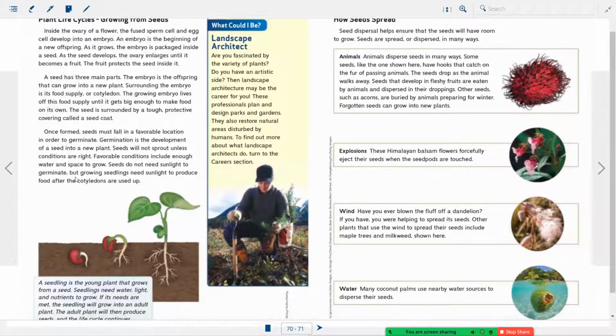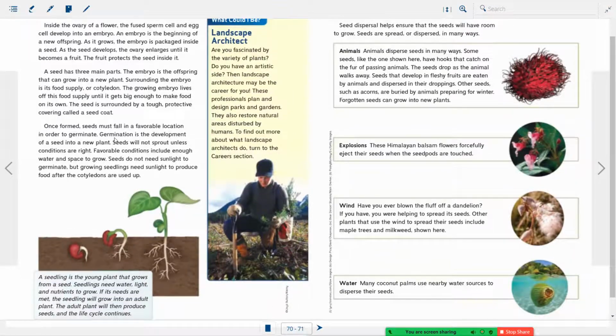Once formed, seeds must fall into a favorable location in order to germinate. Germination is the development of a seed into a new plant. Seeds will not sprout unless conditions are right. Favorable conditions include enough water and space to grow. Seeds do not need sunlight to germinate, but growing seedlings need sunlight to produce food after